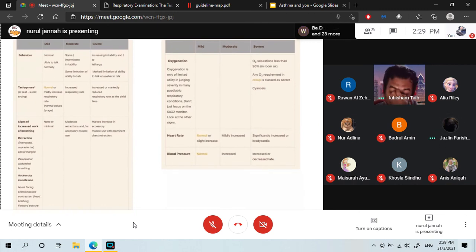Just beware, okay? I'm not saying. If you have silent chest, what do you reckon? Silent chest. For this silent asthma. If you have silent chest, asthma. Have you ever heard of asthma with silent chest? I've never heard about the silent chest, but I Googled, it's a dangerous sign.